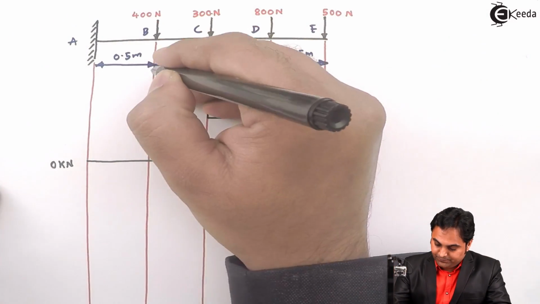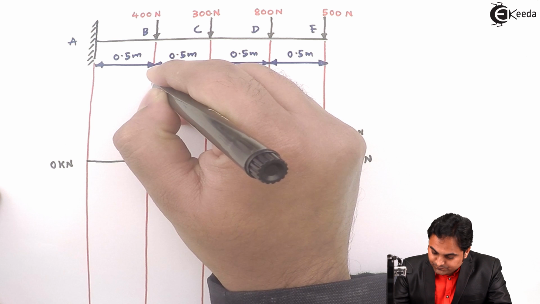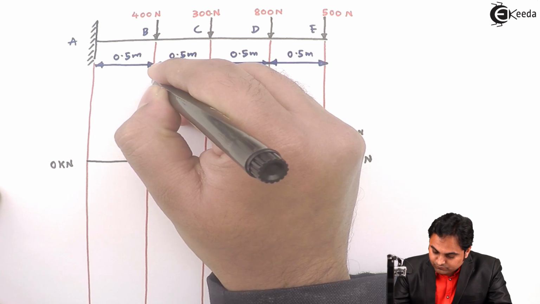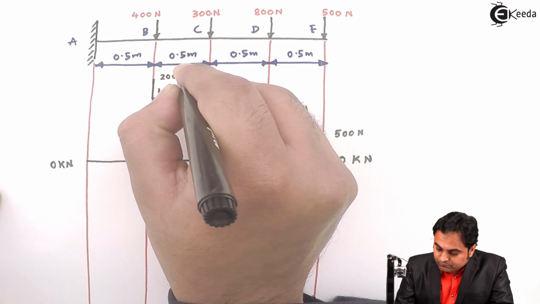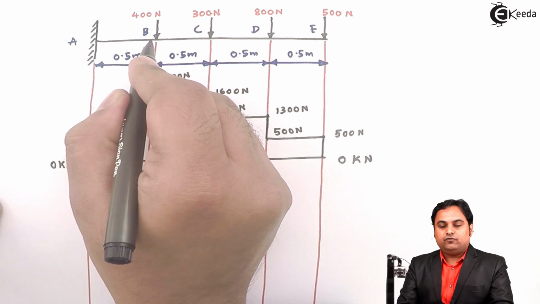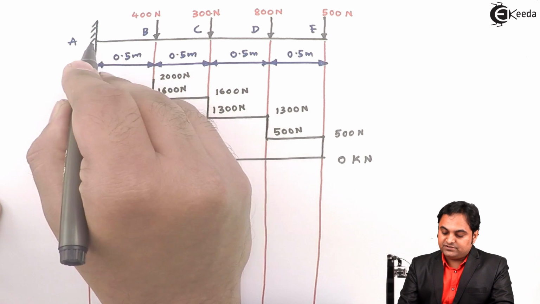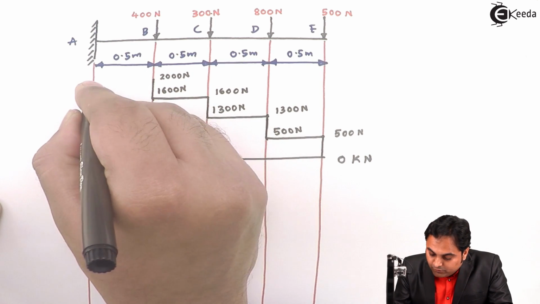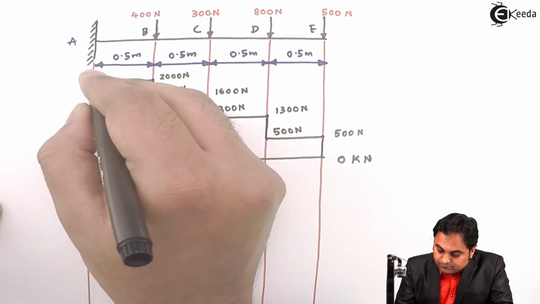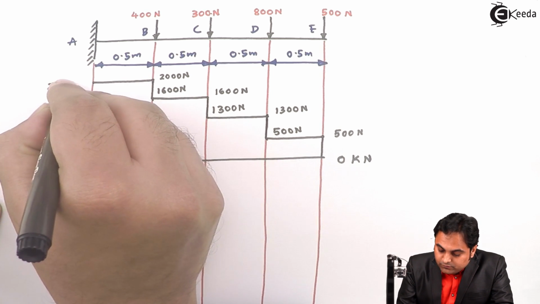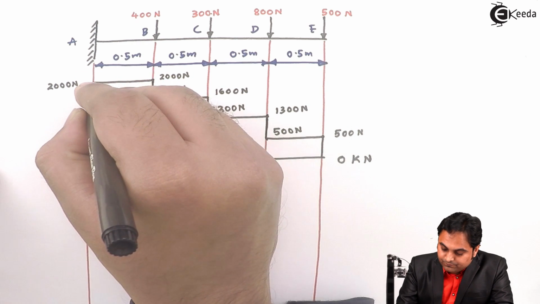So at point B, the value increases up to 2000 Newton. Now this value of shear force will be constant from B to A, as there is no load from B to A. Newton,